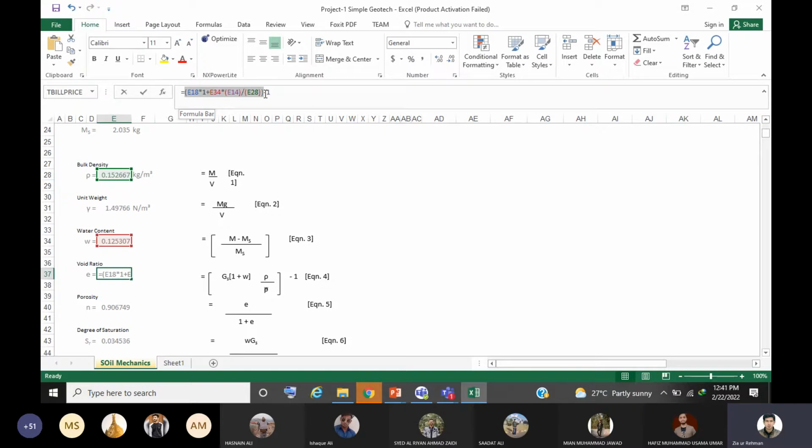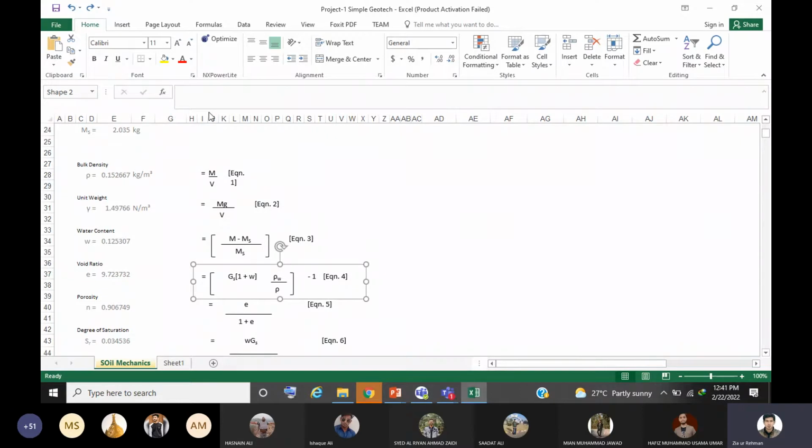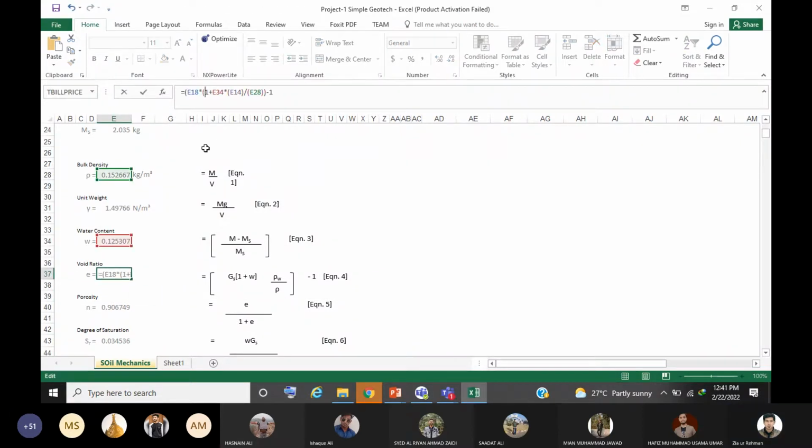First it would solve this value, where we have given it a main bracket. Initially it would start with the first inner bracket, like 1 plus moisture, and then solve the outer bracket, and then it would -1. So let's say if you haven't taken the right order, the values could be different. So you should be aware that your formula should be in the right order, precedence. Now you see that the values are different than the previous one.